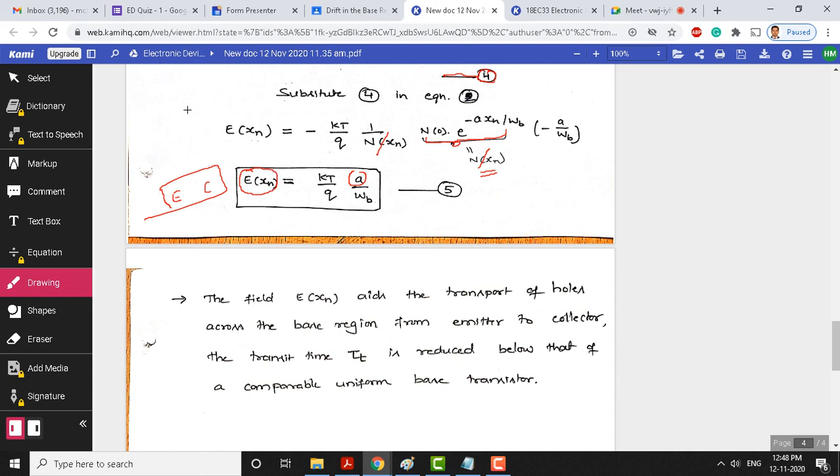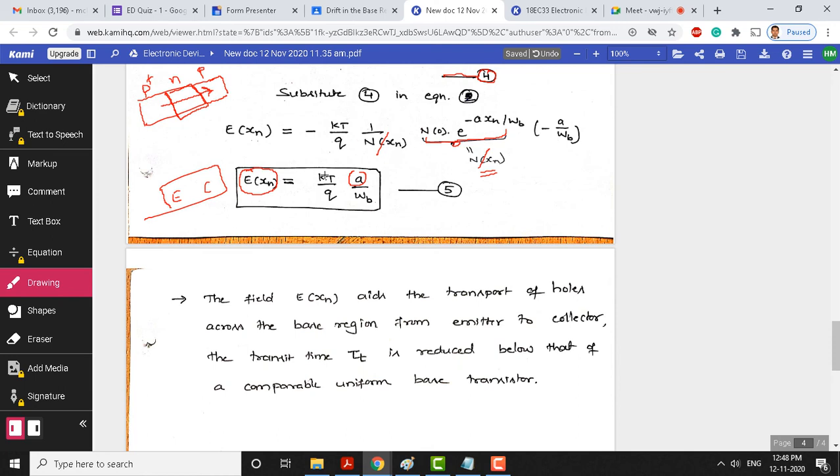In the base region we have already seen that the emitter keeps injecting charge carriers here, suppose this is going to be a P plus N P transistor. So far what we discussed is the electric field within this region. So, the electric field within this region should transport charges from the emitter to the collector here. Therefore, this is the amount of electric field that exists within the base region, and we have shown it as a function of distance here. So, these holes keep moving within the base region, for the movement of holes or drift of holes. So, the electric field is essential here.